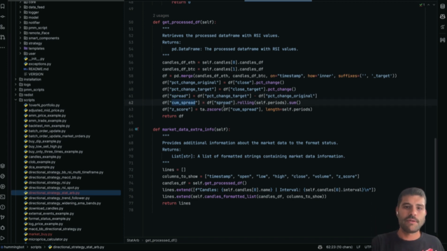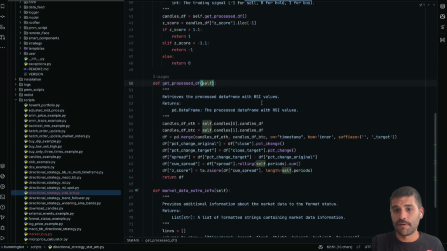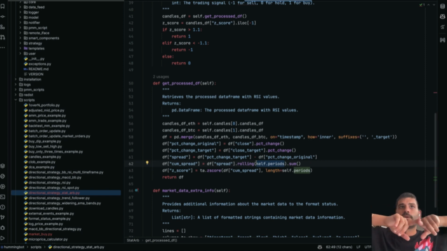So what we are doing here is accumulating that spread of the last X periods. In this case, it's going to be 24 periods. So we are saying, okay, I would like to get the spread of the last day between Ethereum and Bitcoin. That would mean that Ethereum goes up, I don't know, X% and Bitcoin goes up or down, and based on that value, I would like to take a decision. So with that comes the spread